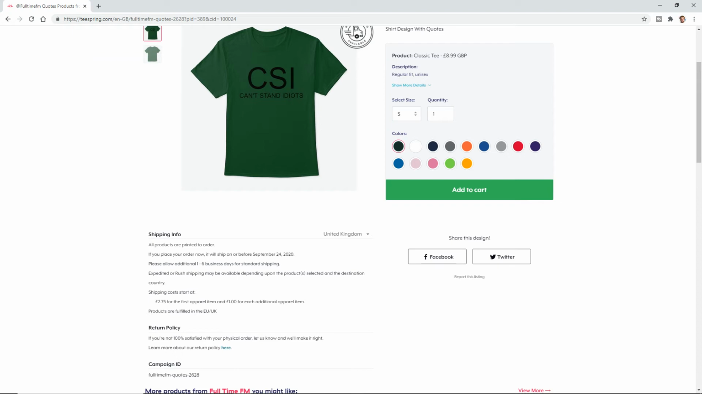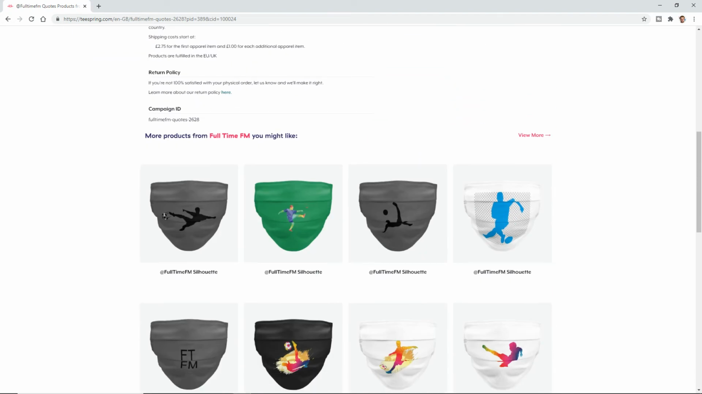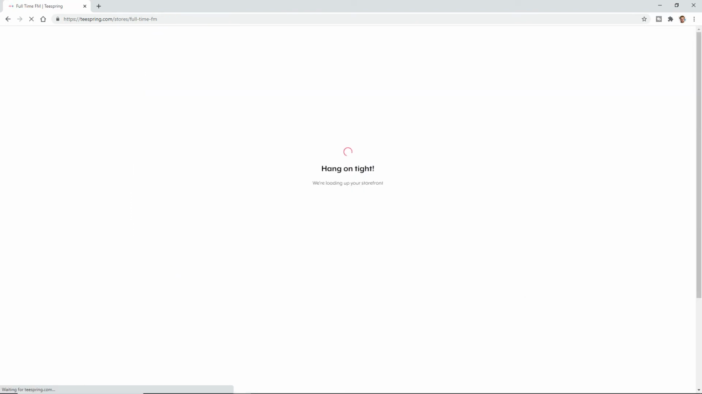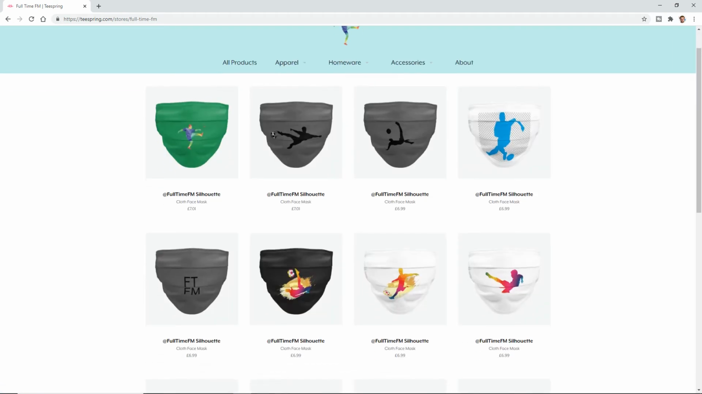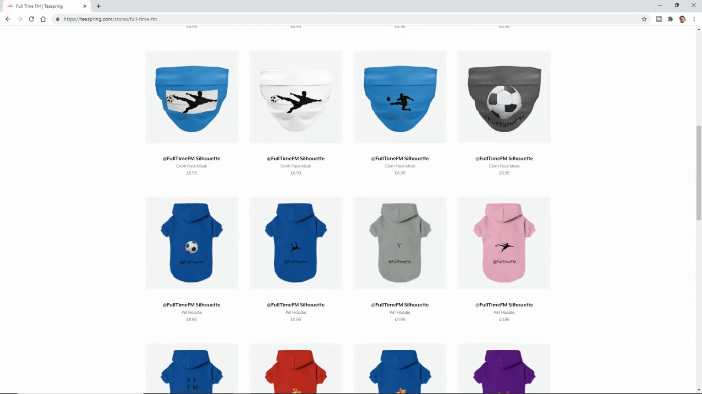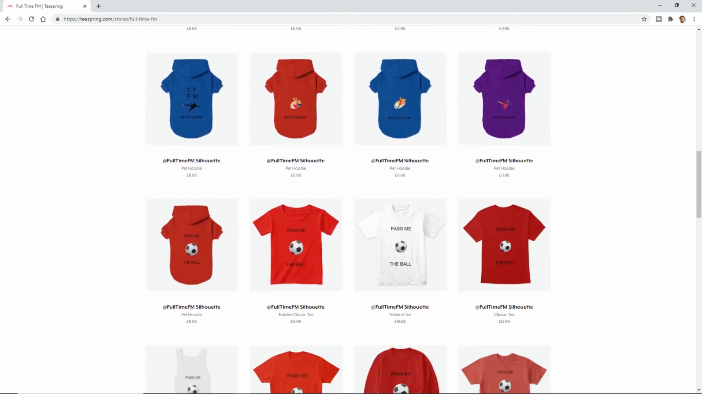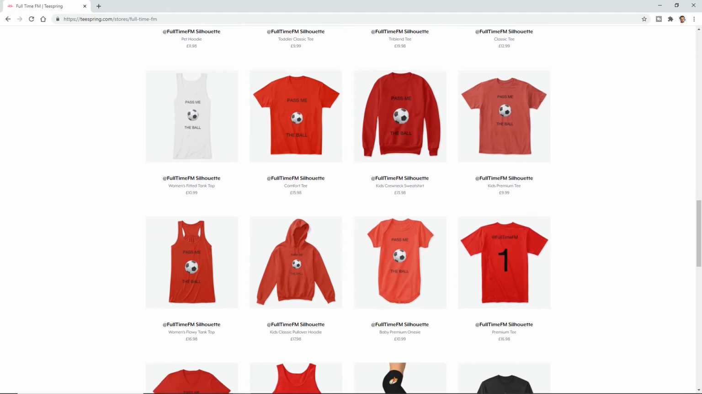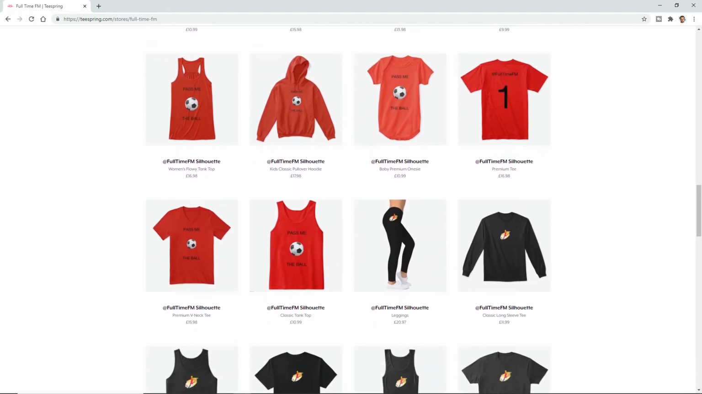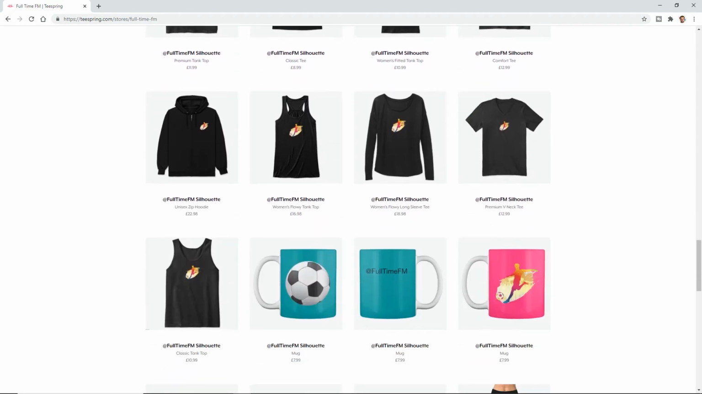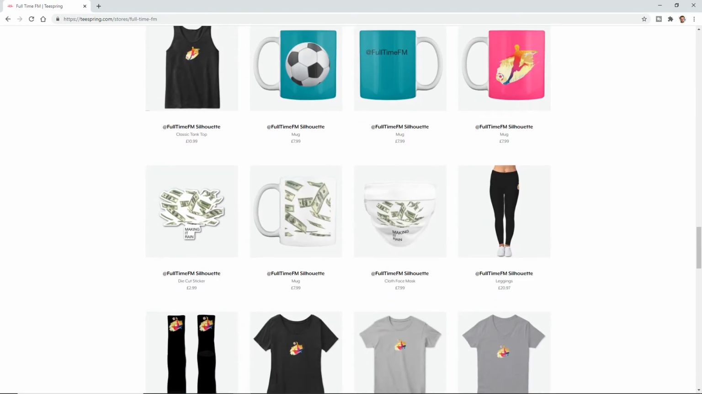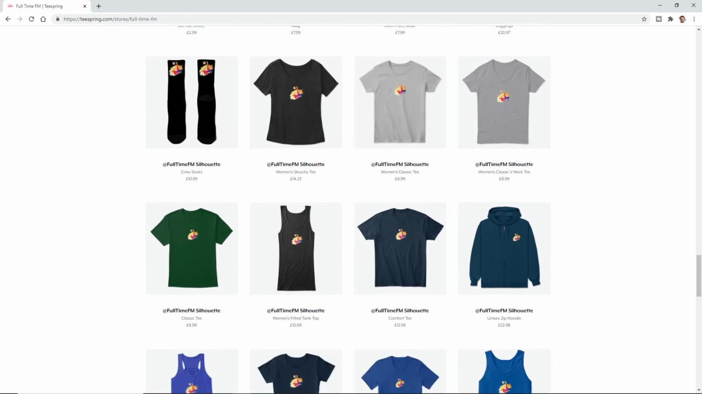£2.75 for the first apparel item, and £1 for each additional item in the post. And then when you've created your own store, you can basically create face masks, pet hoodies, t-shirts, jumpers, tank tops, hoodies, leggings, mugs, even socks